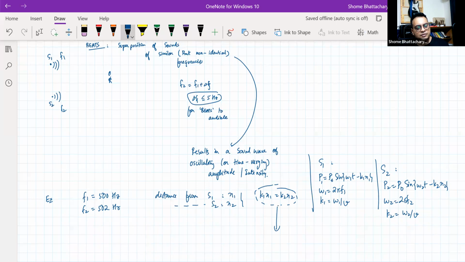Yeah, so I got disconnected for a moment. Anyway, so just to make the mathematics a little simpler, suppose we assume that k1 x1 is equal to k2 x2. Then the resultant sound that we hear, which is the sum of these two,